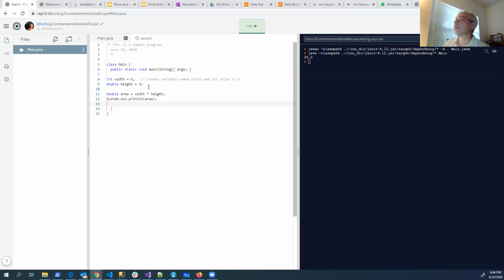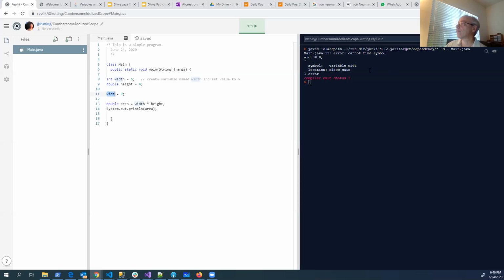Whereas in Java, if I said width equals 9, it'll complain. It'll say, I don't know what you're talking about. You never told me about this variable that you're trying to use called WIDT. So you can't even run the program, much less run it incorrectly. It won't compile. So then you're like, oh shoot, I made a mistake, I meant to call that width. And now when you run your program, it'll work. So it's either a strength or a weakness, depending upon what your goal is.